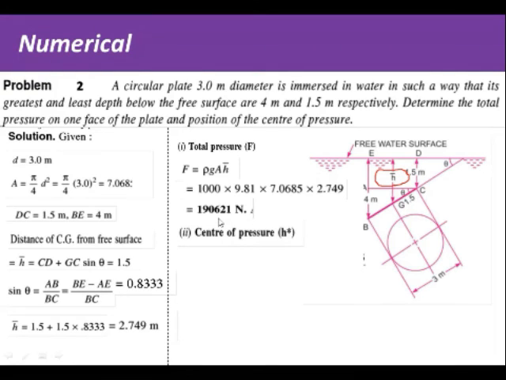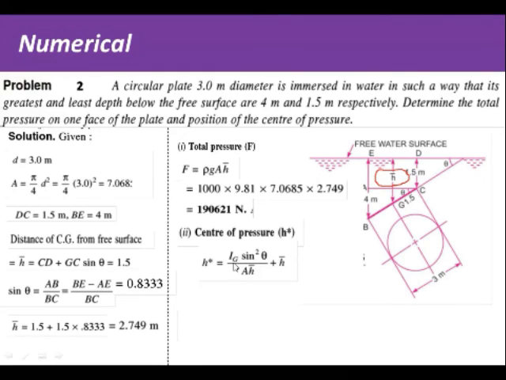Then next is depth of center of pressure. So we know the formula. The depth of center of pressure is given by H star. So H star equals to Ig sin square theta upon A H bar plus H bar. Okay. So remember here sin theta का value हमने already निकाल के रखा है. It is 2.5 divided by 3. Okay. So you can use that value.